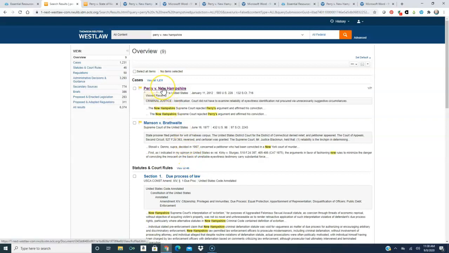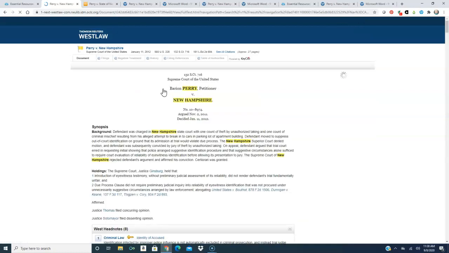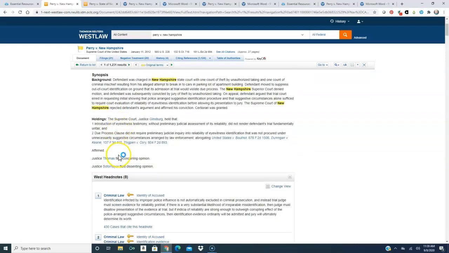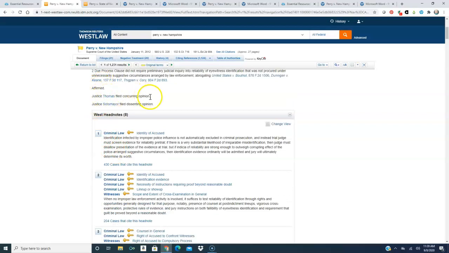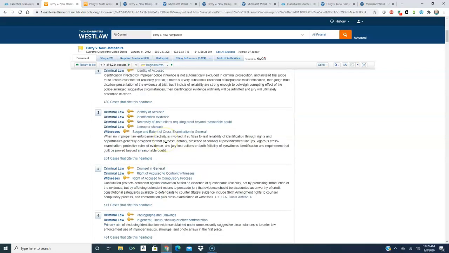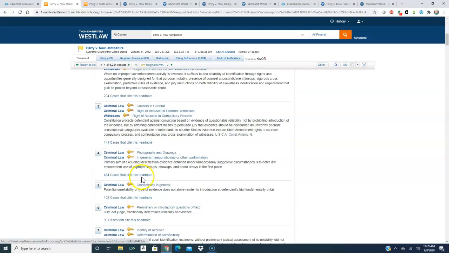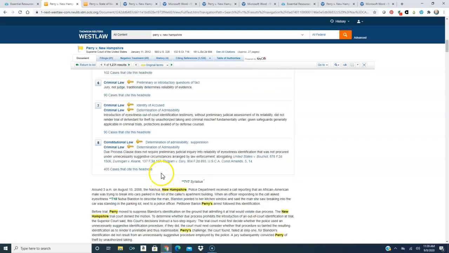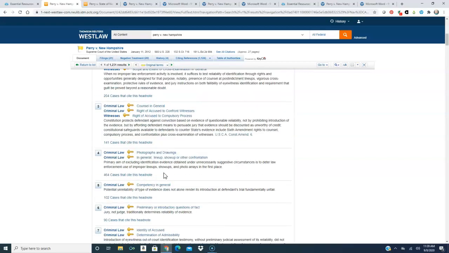So if I want to look at Perry versus New Hampshire, I just simply click on it and I note the date was January 11th, 2012, so I know I have the right case. And then I see the whole synopsis for the case, the background, the holdings, who filed the concurring opinion, and who filed the dissenting opinion. I also see the law on which the case is based, criminal law, witnesses, so I can link into these to find out more about this rule of law that the case is based on